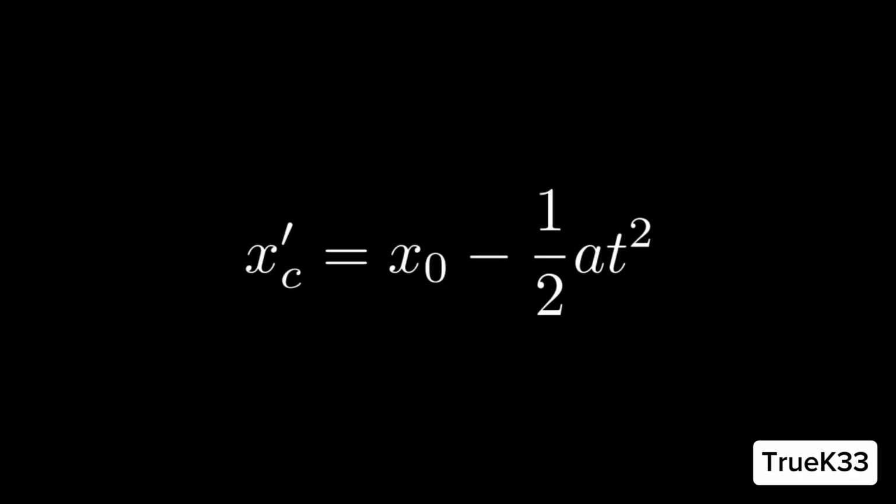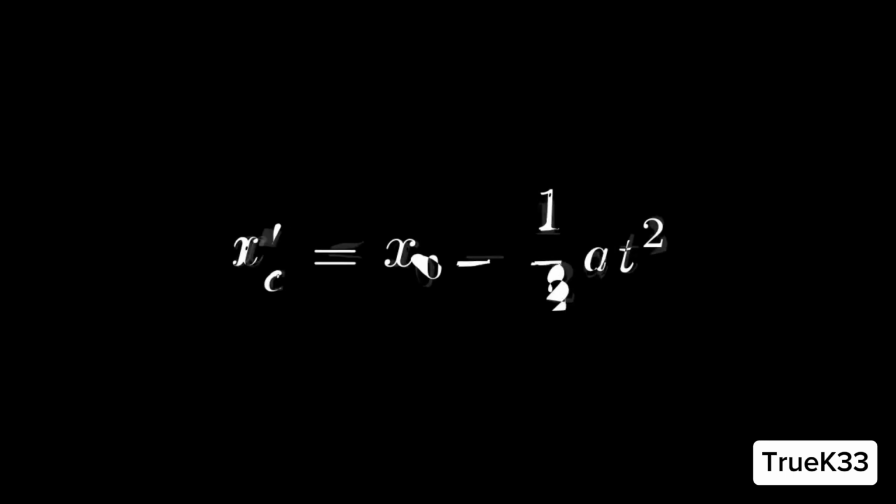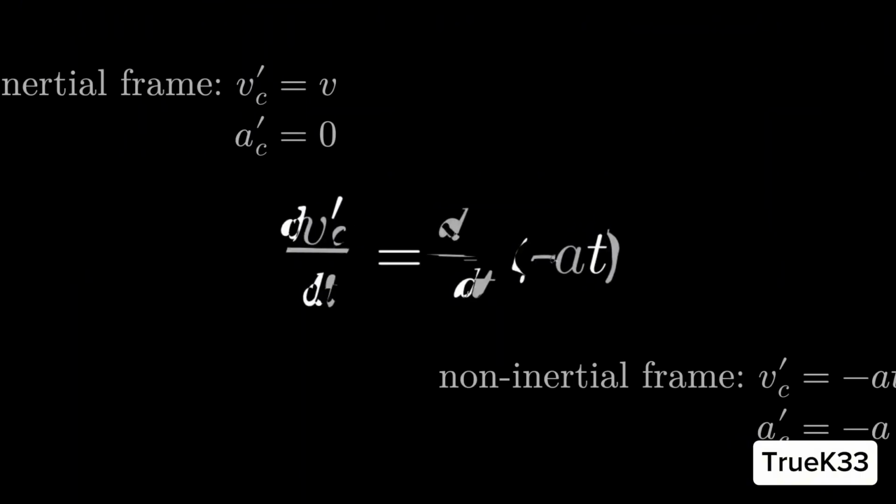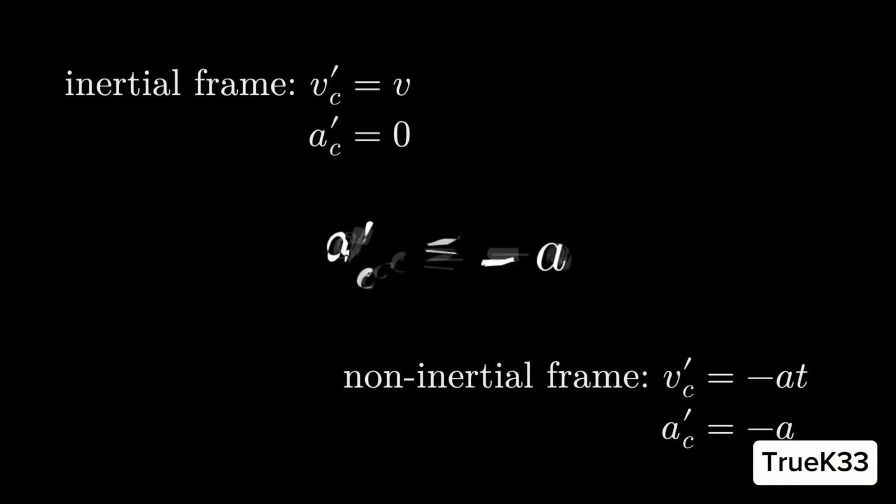This happens because he and the train are no longer in an inertial frame. The laws of physics here are not the same as for the observer at the station, and this is what we call a non-inertial frame. It is a frame that is neither at rest nor moving with constant speed, and the defining characteristic of such frames is acceleration. Even the velocity and acceleration measured in this frame are different, and they have completely different values when compared with those in the inertial frame.